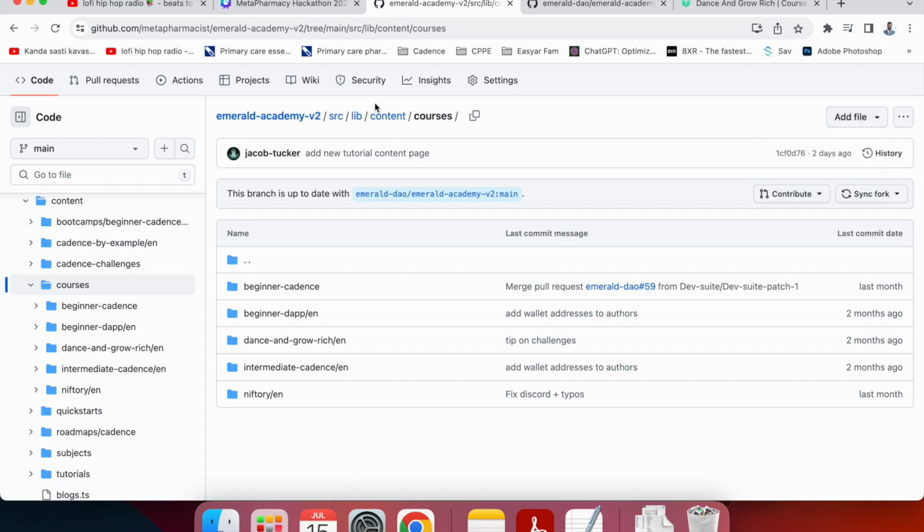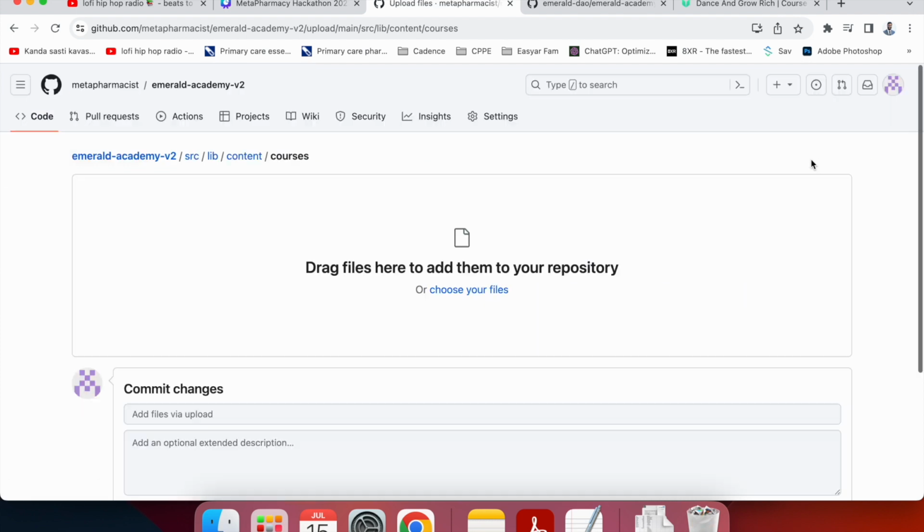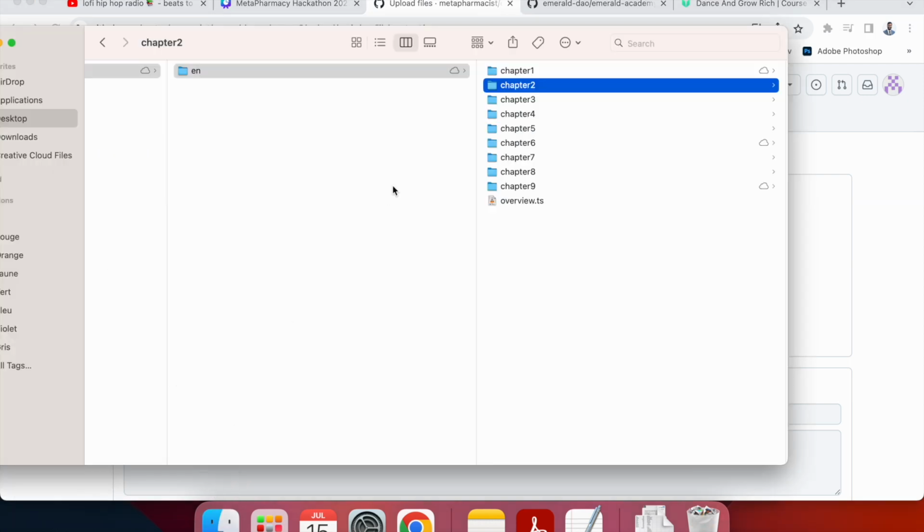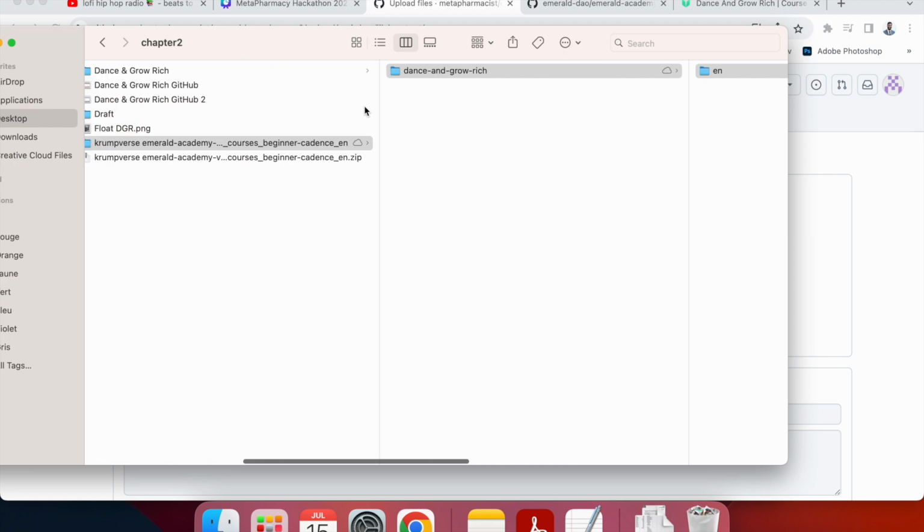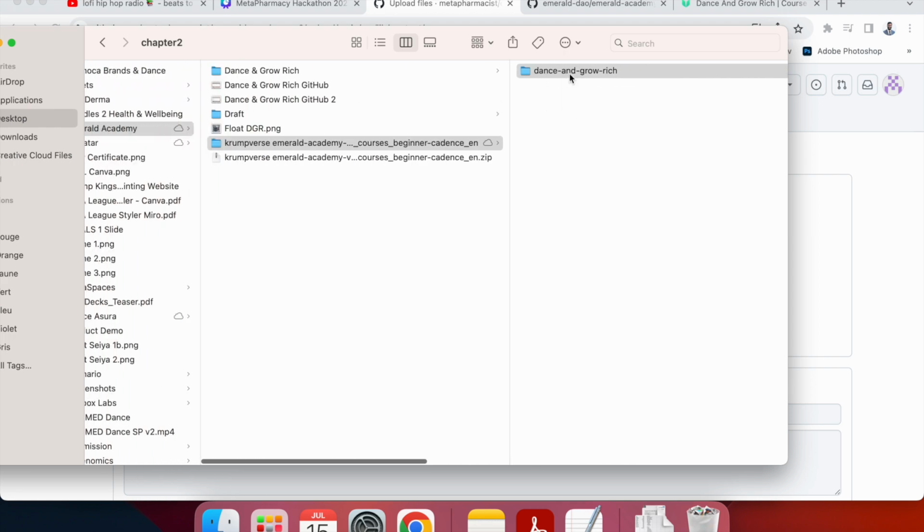I repeat, that's the whole thing. Add file, upload file. Drag and add them to your repository. Yeah, it's still MetaPharmacist here, and all you got to do is from the title here,